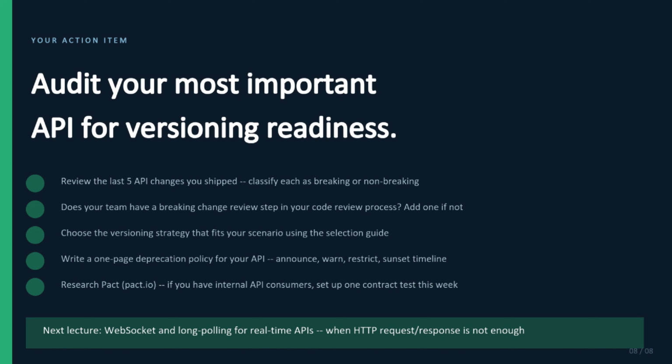Now next step, choose your API versioning strategy intentionally. Don't just copy what everybody else is doing. Use the selection guide from the previous slide. Match your actual situation to the correct strategy. Maybe URL versioning makes sense, maybe header versioning is better. Maybe consumer-driven contracts are more important for your architecture. A lot of teams just default to URL versions without really thinking deeply about it. Now after that,